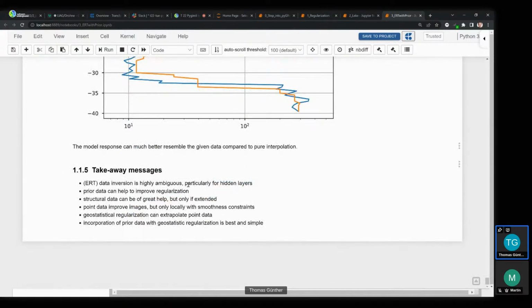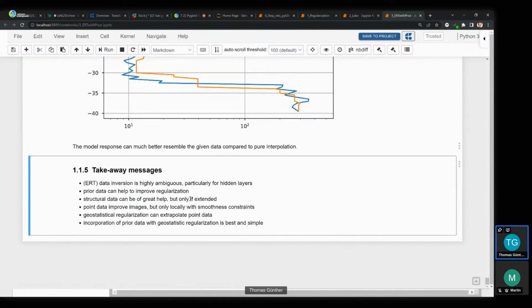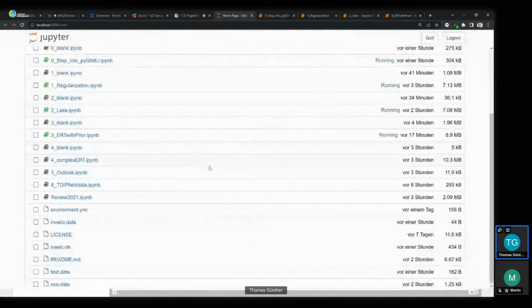So still, ERT data is highly ambiguous, particularly for hidden layers. And prior data can help to improve regularization. Structured data can be of help, but it doesn't make sense if you only have point information. Point data improve the images, but it can only make real improvements by geostatistical extrapolation. To make an overall conclusion,